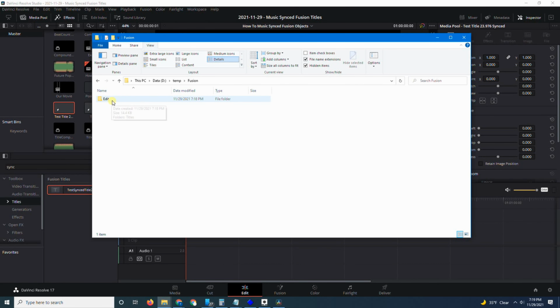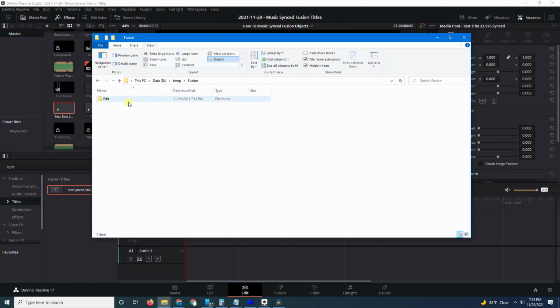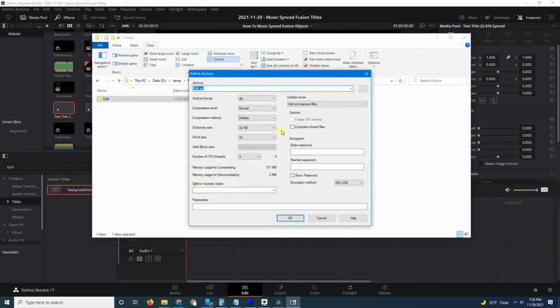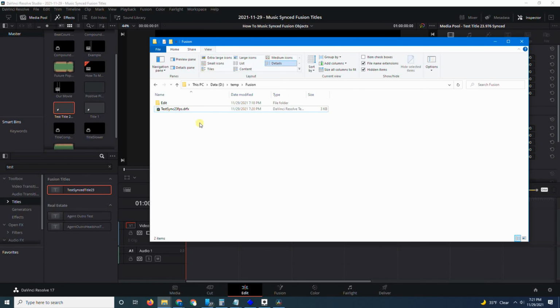Okay, so now we're going to zip up this folder. I use 7-zip. Use whatever program you have just to create an archive here. Add to archive, and we're going to call it test sync 23 fps dot drfx. That's an important part. Okay, so now let's add this into Resolve, and Casey recommends creating a copy of this